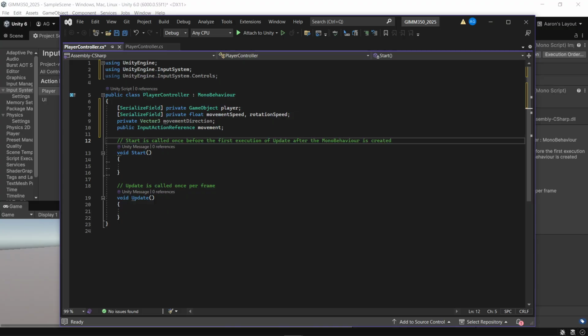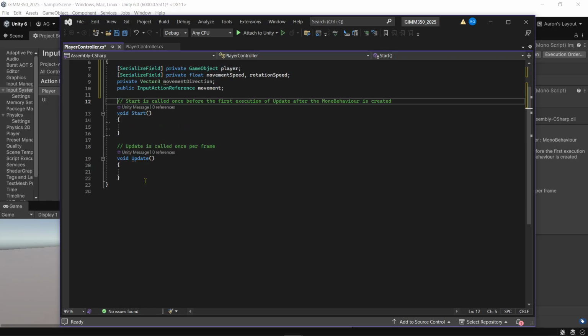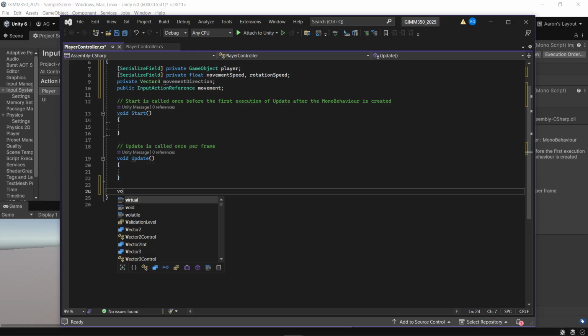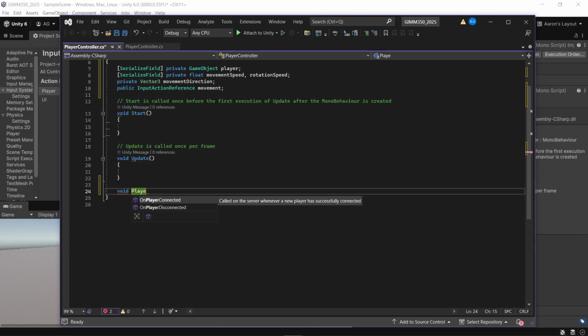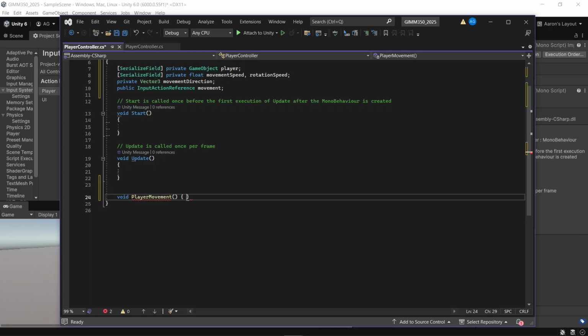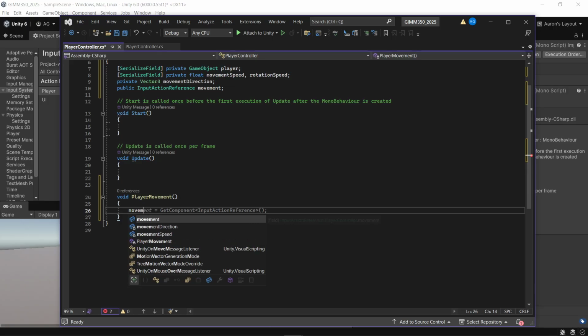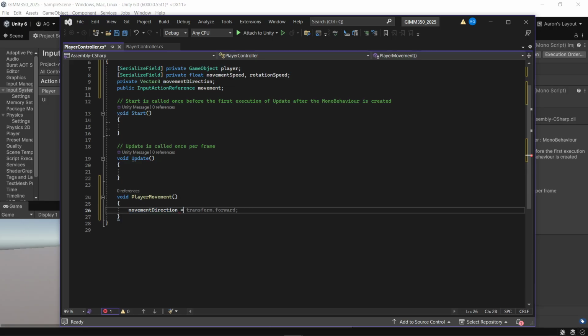All right, for this, we don't need to worry about anything in our start yet. We'll add to update in a minute, but we're just going to go ahead and create a new function. We're going to do void player movement. We want something to be able to move with, and so we're going to set our movement direction variable that we already grabbed as equal to movement.action, right? So movement is our input action reference, so we're calling to that. We're going to movement.action read the value,